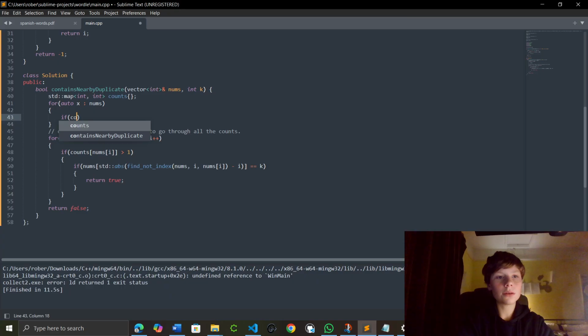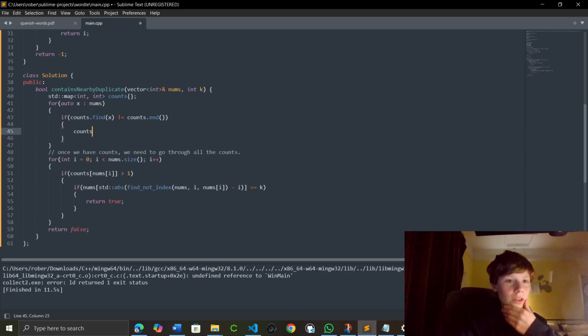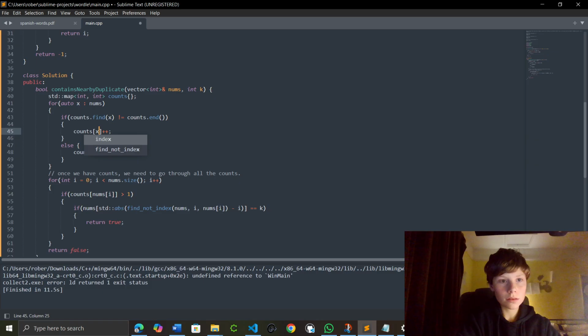So if it's not equal to the end, then count is already there, else we're just going to count x. I reckon we should use a set, but I don't know the full